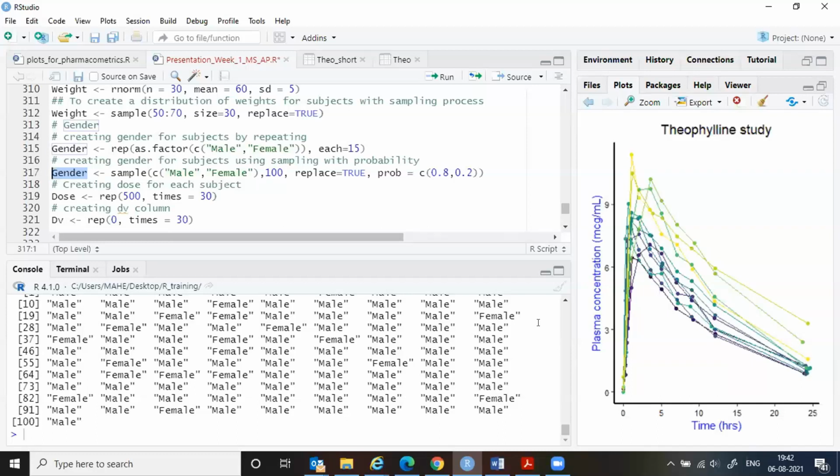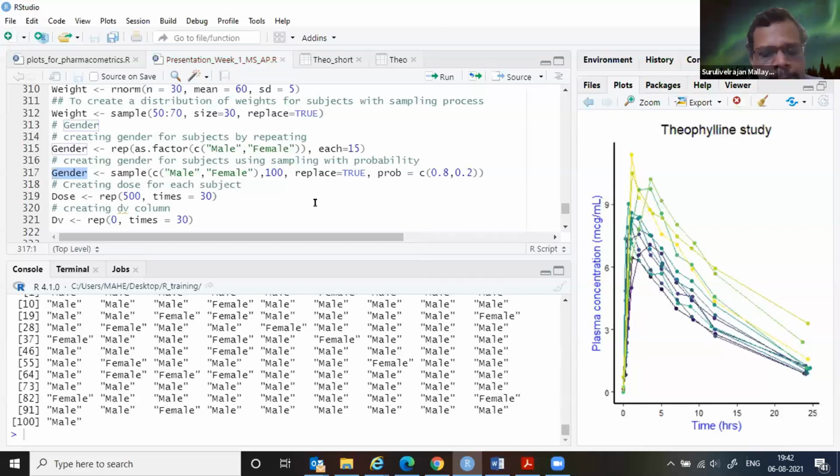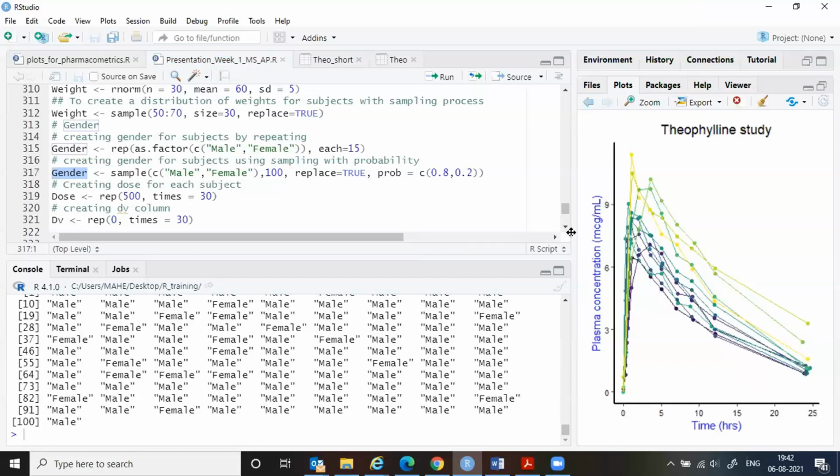Regarding this ggplot, I have one more request from your end. Right now you have created the ggplot based on individuals, right?